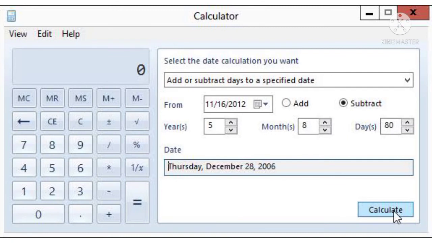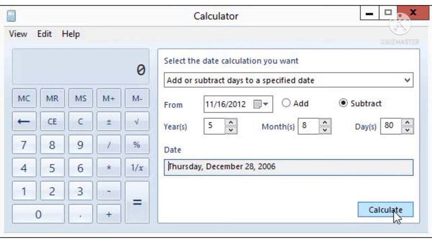Date calculation. You can use the calculator to find out the difference between two dates or to add or subtract days from a specific date. For date calculation, click on the View menu, then click on Date Calculation.